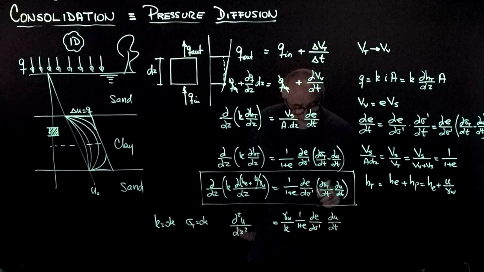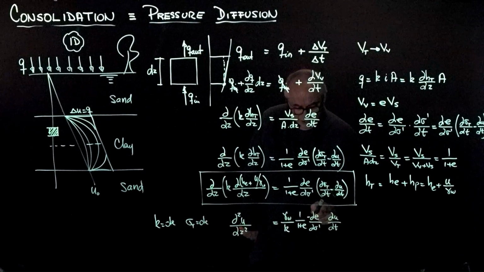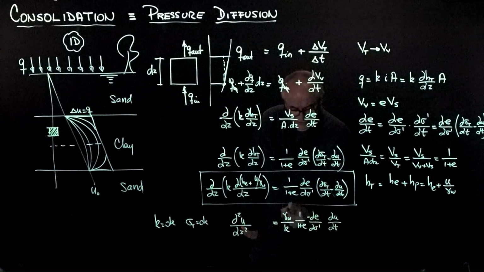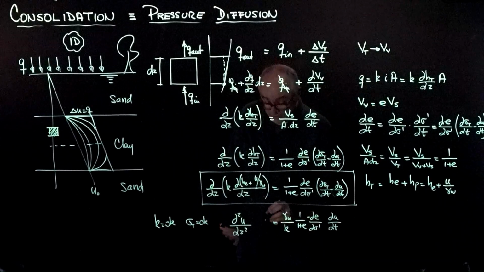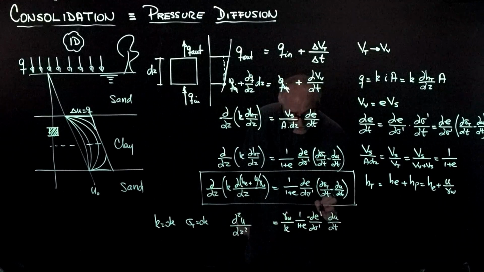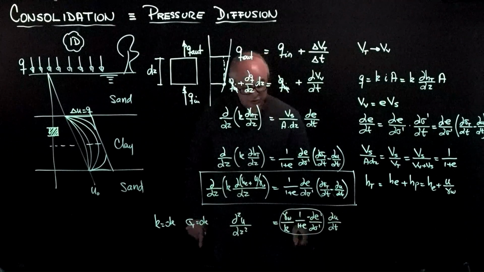But this negative sign, let me add it here. Why? Because the void ratio decreases as the stress increases, so this has negative slope. So right now, all this is a positive quantity. So with those two assumptions, and if I call all this a new constant, which you may wonder whether it is a constant,